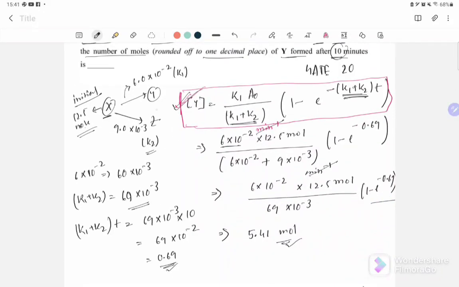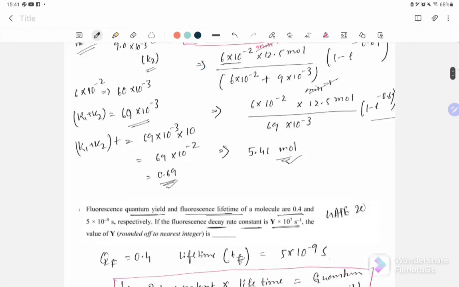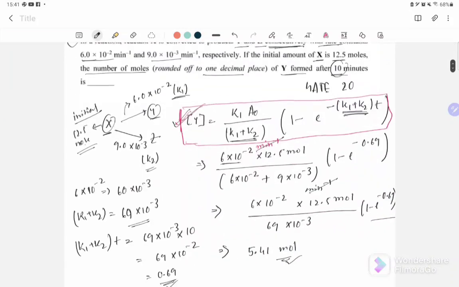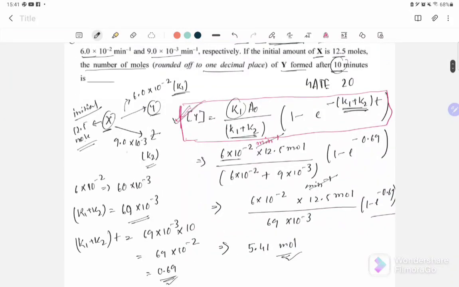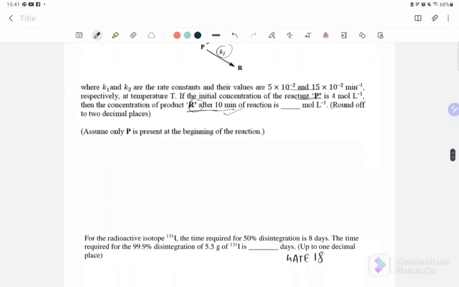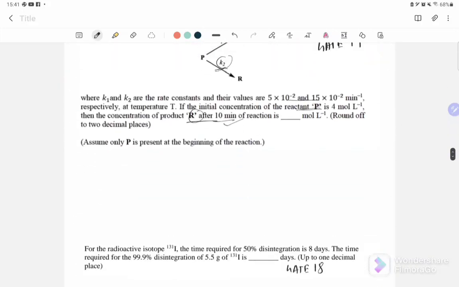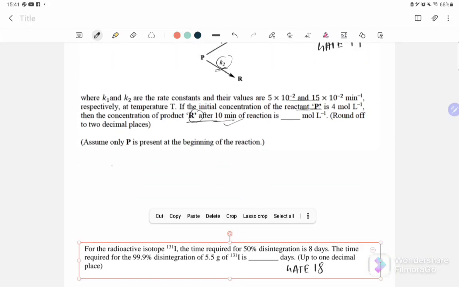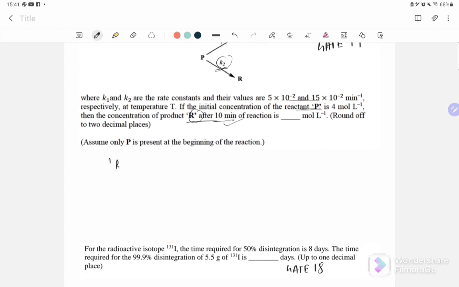Here the equation will use K2 in the place of K1, because they asked for R, whose rate constant is K2. So the equation for R will be K2 by K1 plus K2 times A0, the initial concentration